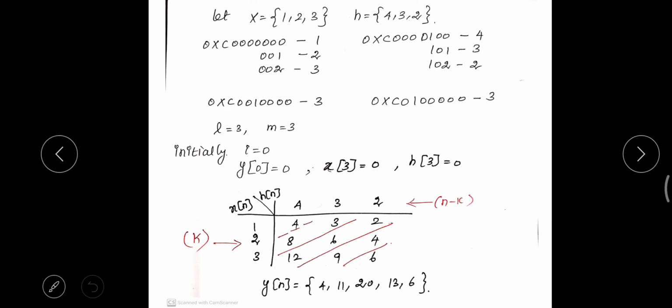In the 10,000 address, I store the length of the x. The length is nothing but the number of samples in the sequence. Here the number of samples is 3, so in that address location 3 will be stored. Similarly, in the next location, for example 1000, I store the length of the h sequence. Here the length of the h sequence is once again 3.